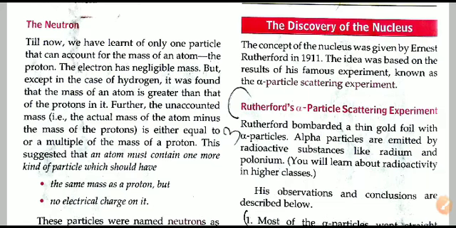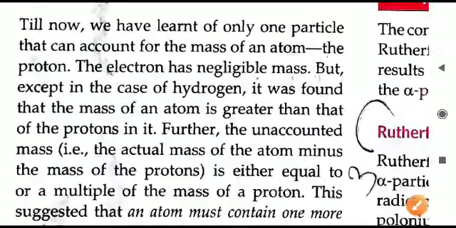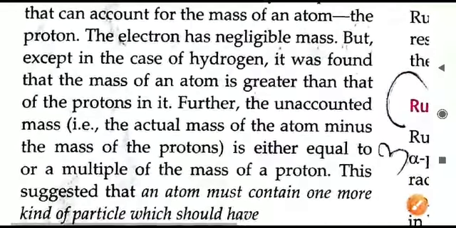We have been discussing chapter number 4, the structure of the atom, and we have learned about two subatomic particles, the electrons and the protons, how they were discovered and their relative properties. The last subatomic particle that we will now learn is the neutron. This is the third subatomic particle present in a particular atom. So here it is.